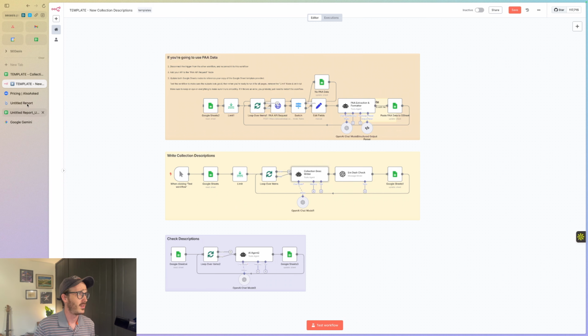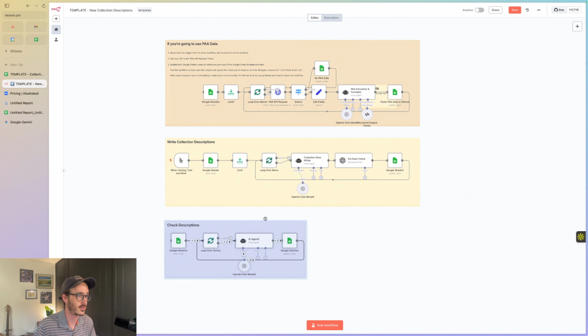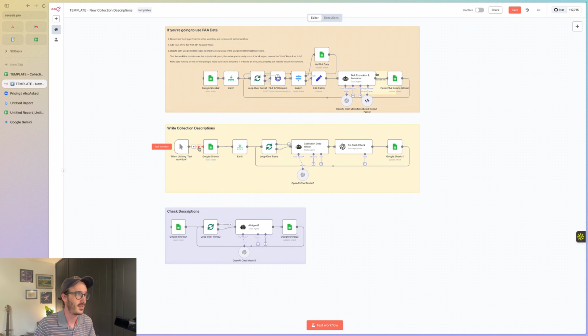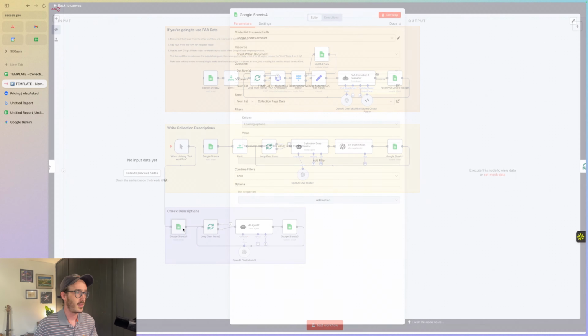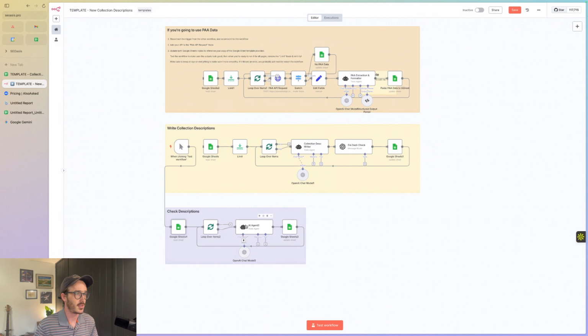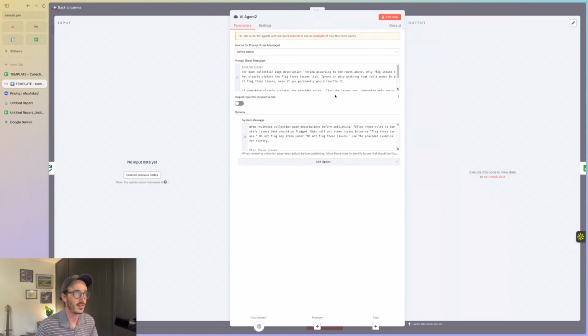And then once you are done with that, I recommend going through a similar process. I would use this check descriptions automation. Again, you'll have to disconnect the trigger and paste it, connect it to this one. Go through the same process, connect the Google Sheets, connect your AI account. And then